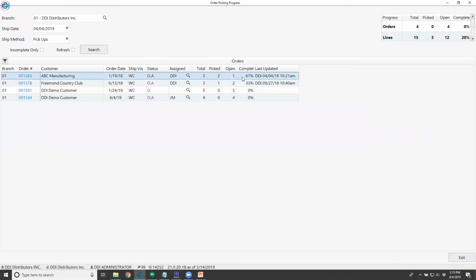So if I'm out there working on this order, scanning it, you're going to be able to see how close I am to completion of that order. And you can even toggle it to say, you know what, only show me incomplete orders. So this is going to be very useful in a lot of different scenarios. Going back to that scenario of evening picking, you're not sure yet, are we getting out of here today at 10 o'clock at night, 11 o'clock, midnight, 1 in the morning? But if you're watching the screen and you're setting it to auto refresh, like I said,